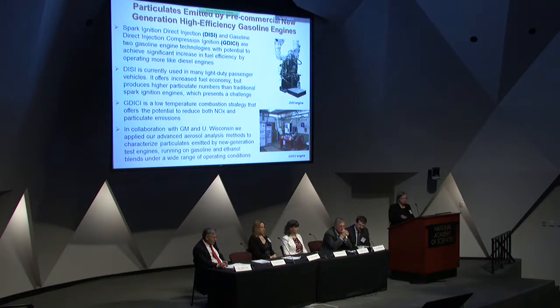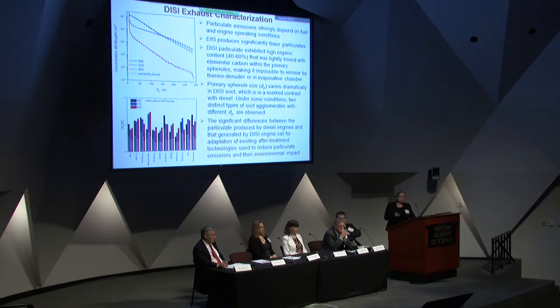So here, just a couple of examples. We looked at emissions by these engines operated under a range of different operating conditions and fuels. And here on the top, you could see number concentration for 3 different fuels: EEE gasoline fuel, E20 fuel, which contained 20% of ethanol, and E85, which contained 85% of ethanol. And you could see that E85 produced nearly 2 orders of magnitude fewer particulates than E20 and EEE regular gasoline